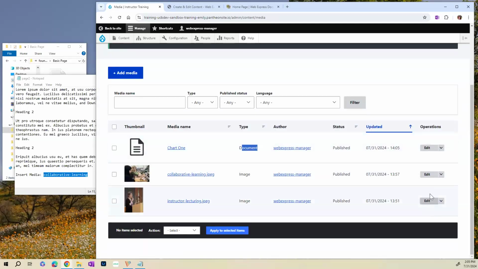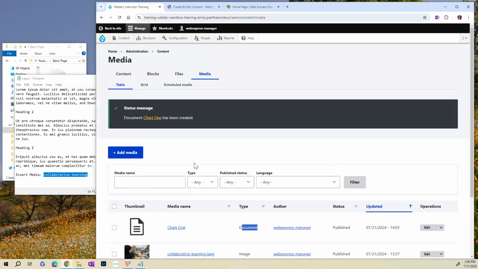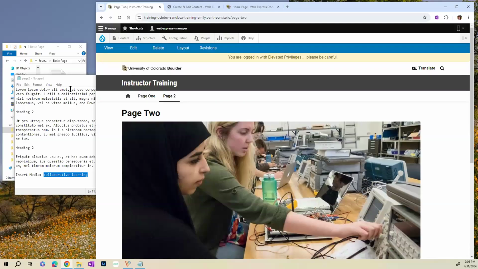You can edit any of these that you need to, and we'll come back in and update this chart with a new chart. And I'll show you how to do that. And again, you can filter. The filter is pretty ubiquitous on the admin pages for files and blocks and images, things like that. All right, now we want to click on back to site again